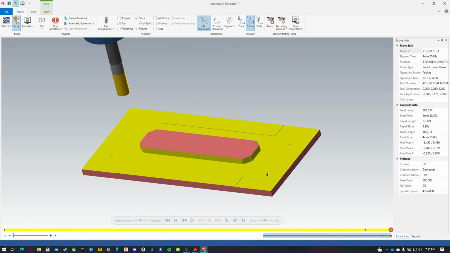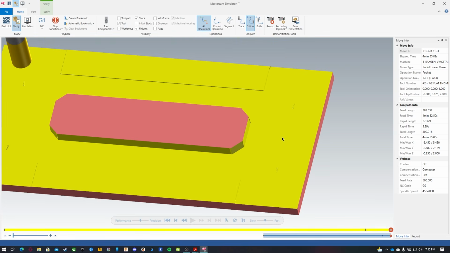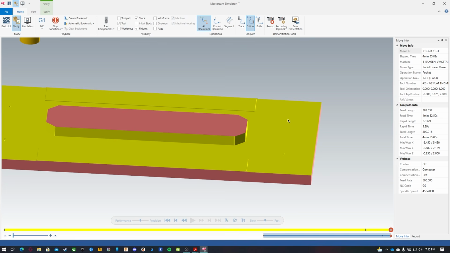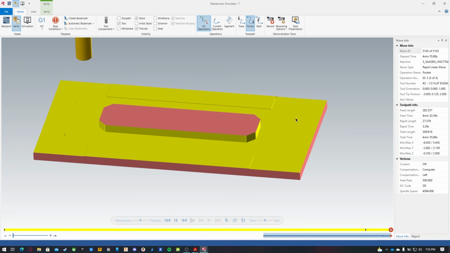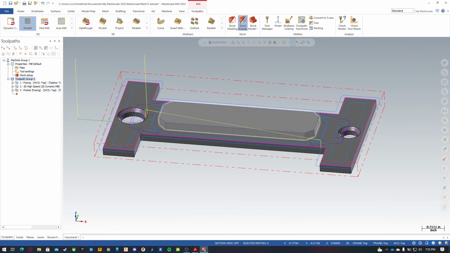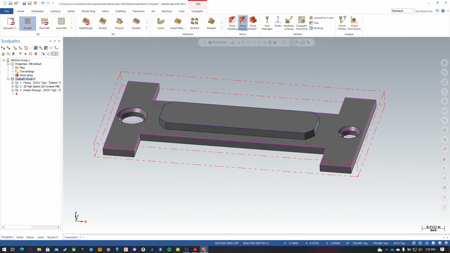So there's some cusps in here from our facing operation that we may need to either change our parameters in that island facing, or that might be left over from just machining. So if I close that, I'm going to turn off this toolpath, all toolpaths, and then we're going to